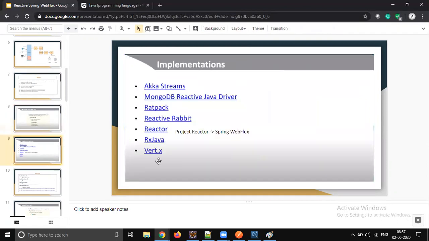So who provided the implementation? There are so many software providers that implemented this API, like Akka Streams, MongoDB Reactive, Ratpack, Reactive Rabbit, Reactor, RxJava, Vert.x. Maybe a couple of people would have heard of Akka Streams.